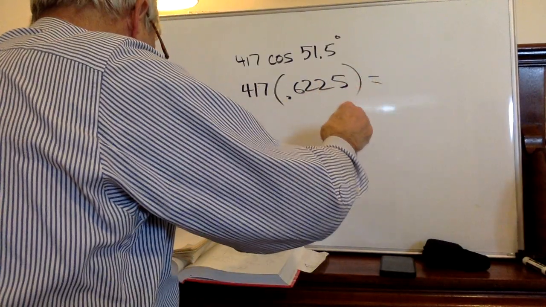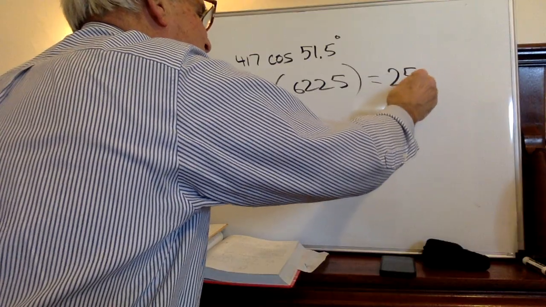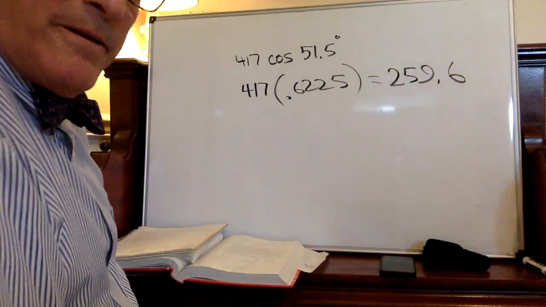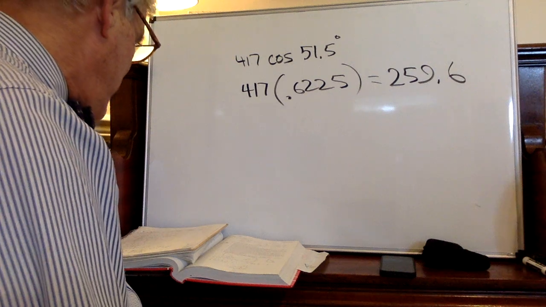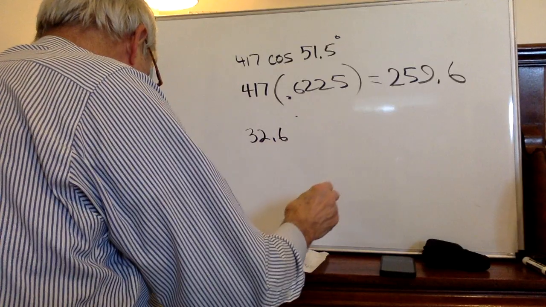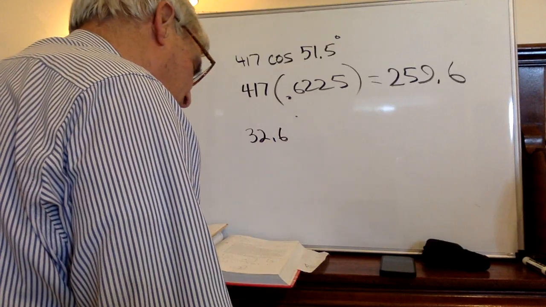And then you multiply that times 417 and you get 259.6 approximately. I'm rounding. Okay, B was 32.6 times the tangent